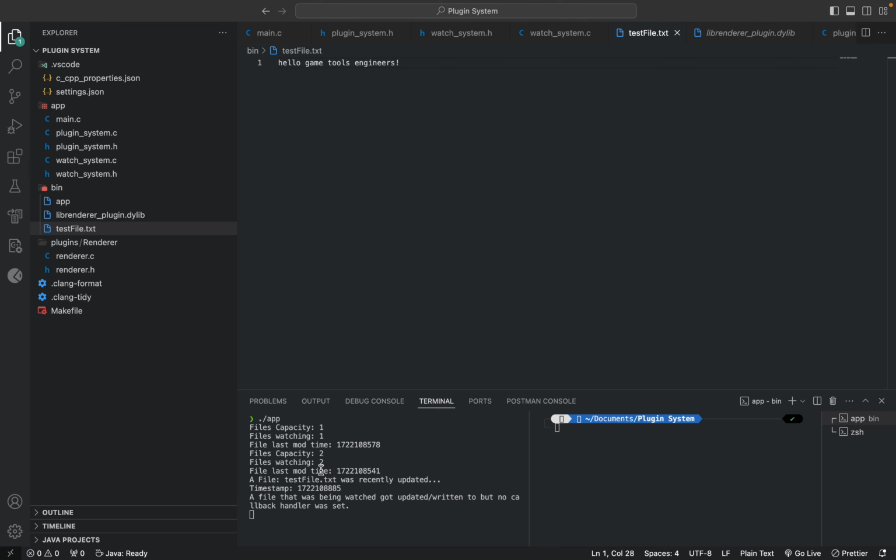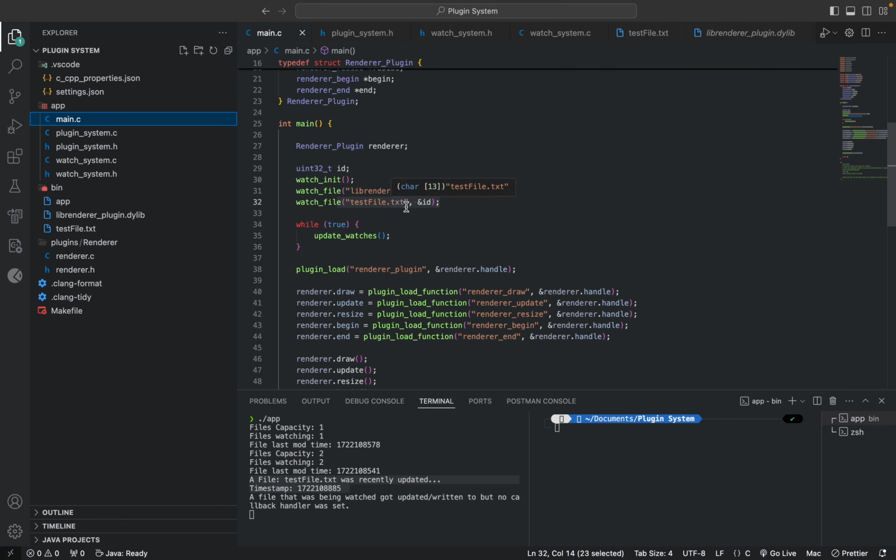So this got detected, and it says a file called testfile.txt was recently updated, and it gives us the new timestamp. Then it gives us a warning saying that a file that was being watched got updated or written to, but no callback handler was set. So we didn't set any callbacks to handle this change, but we do know that a file update was triggered, right? We do know this happened, but we didn't do anything to handle that in our application here. So essentially this feature is what we're going to be adding to our engine,